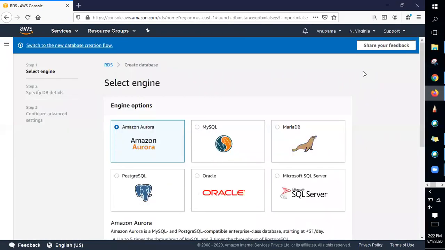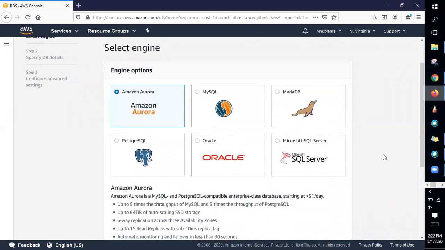So the first step you are going to select is basically the database engine. RDS supports different database engines, like we have Aurora, MySQL, MariaDB, Oracle, PostgreSQL, and SQL Server. These are database engines which are supported in RDS.